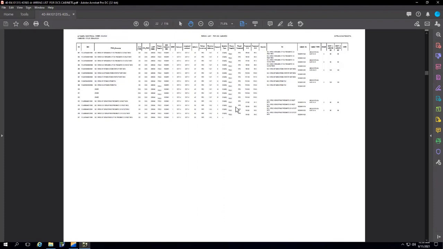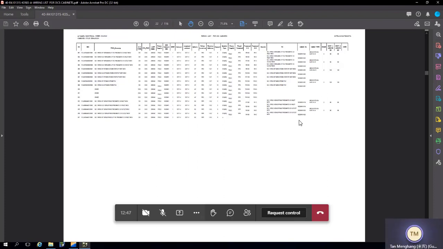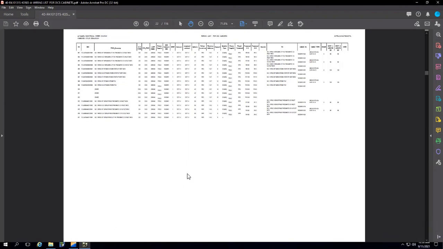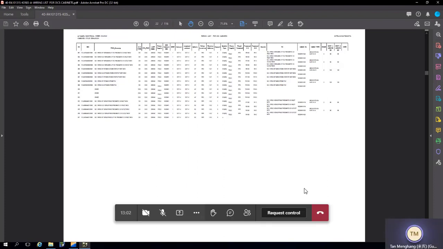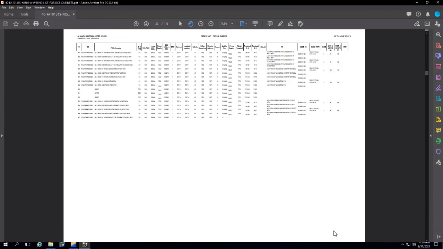But I couldn't understand where it is. Is it device 2 or device 1?